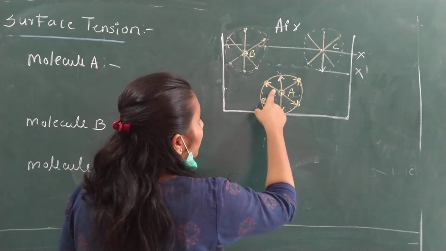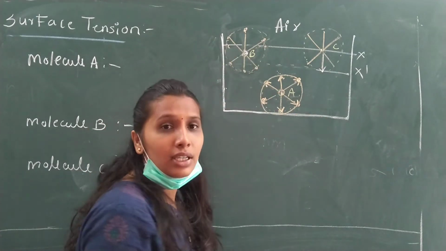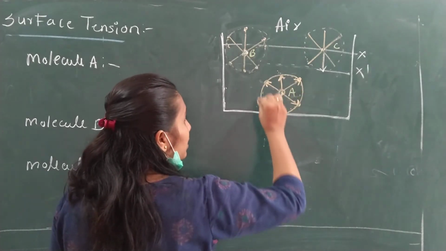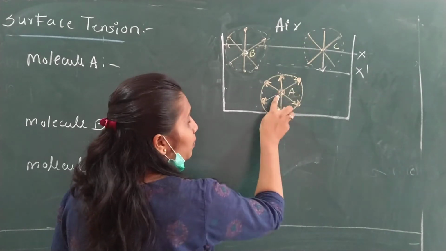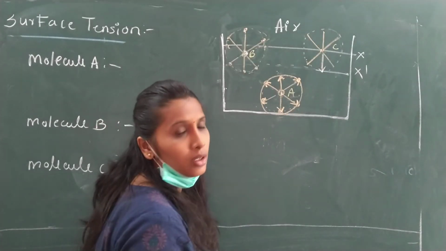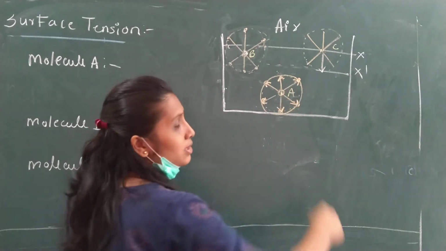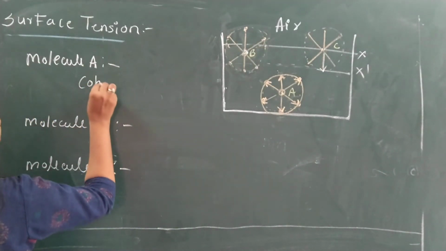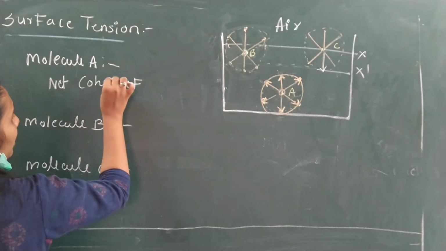Same way, in right, left or in this side, that is diagonally, it will try to pull in equal forces but in opposite direction. So here all the equal forces are acting in opposite direction. Means I can say, if the upper molecule is trying to pull in upward direction, at the same time the lower molecule is trying to pull it in downward direction. So net cohesive force acting on A molecule will be 0 and it will stay as it is where it is. So here about A molecule I can say the net cohesive force acting on molecule A will be 0.